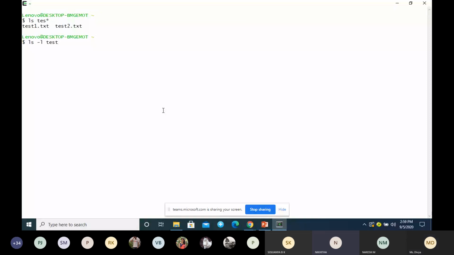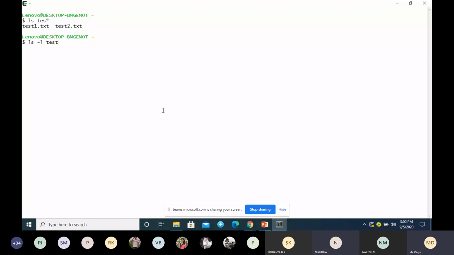That distinguishes from the file names. Minus sign distinguishes from the file names. What is the difference if I just write ls test file name and ls minus L test? Why is minus L used?